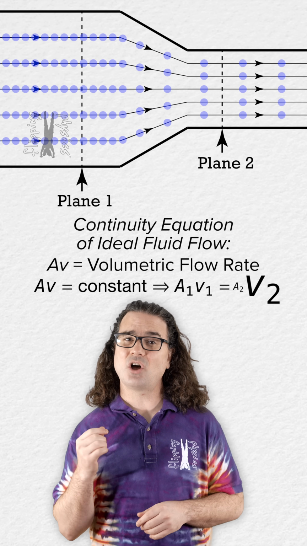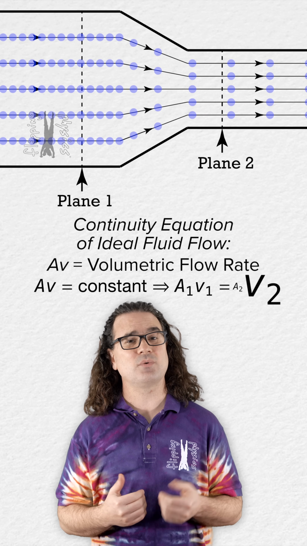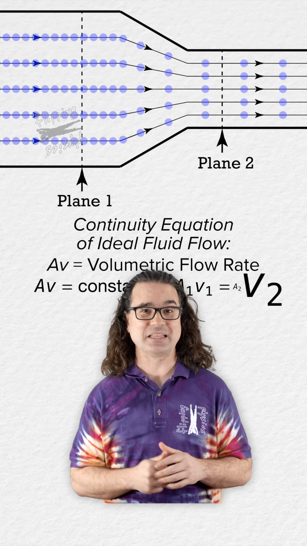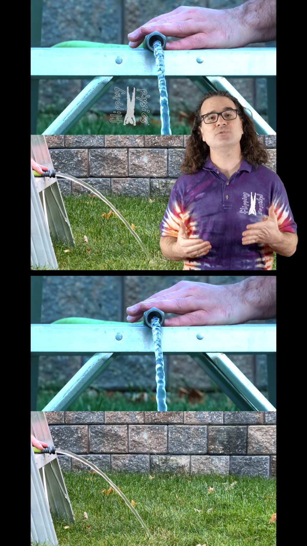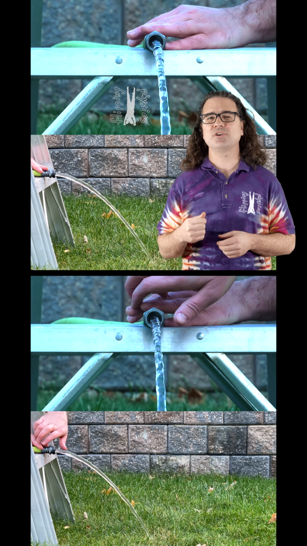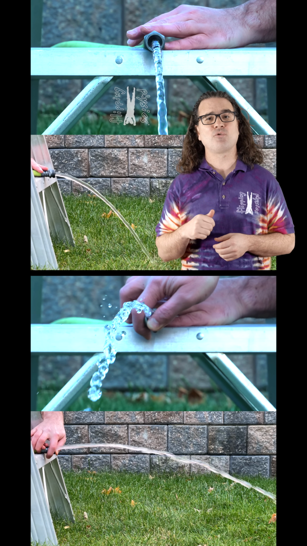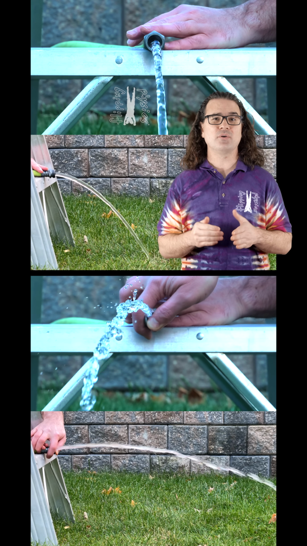However, this is also something you can easily demonstrate with a standard garden hose. In fact, I bet you already unknowingly have. If you have a hose with water flowing out of it, you can put your thumb over the end of the hose to decrease the cross-sectional area and therefore increase the velocity of the water flowing through the end of